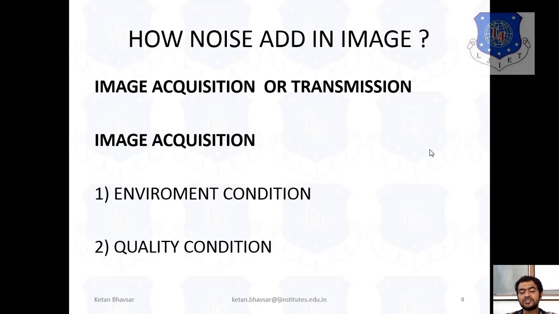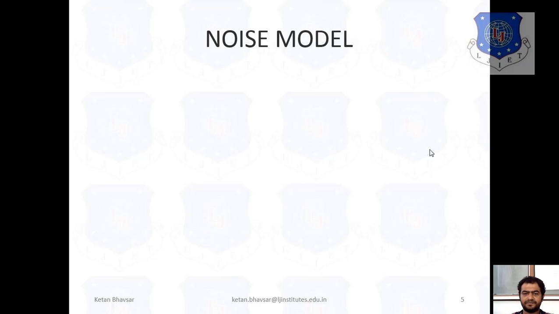The quality of the sensor also plays a main role, as does the quality of the camera that we are using. If your hand vibrates or moves, or the object is moving, these types of noise are generally added when we acquire or capture the image. When we transmit data or information, different types of noise will also be added, but in that condition we are talking about transmission or different types of attackers. So now we focus on image acquisition noises, and how different types of noise are added to an image.